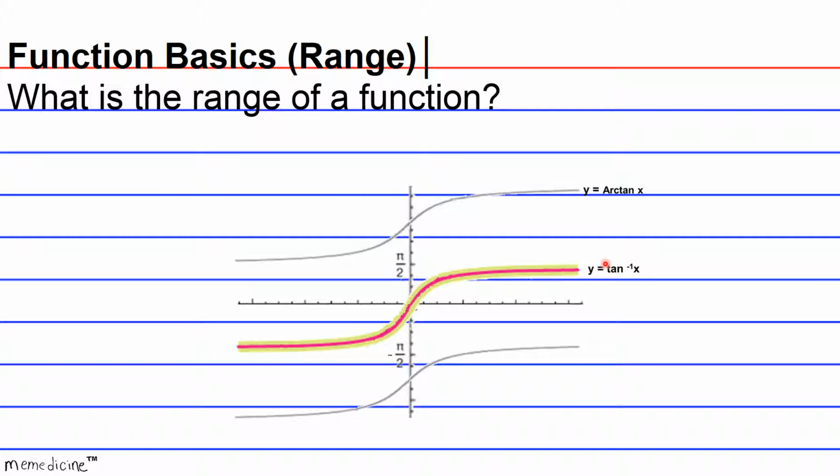Now, the range of this, well, here you can see that there are interruptions at odd multiples of pi over 2 or 90 degrees. It's like it's approaching the 90-degree mark but never touches, so you get multiple streams and ripples instead of one continuous flow. Therefore, the range of the arctan of x is going to be all real numbers except odd multiples